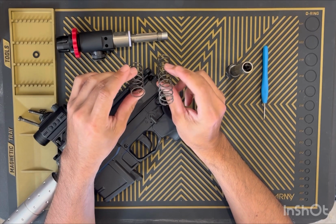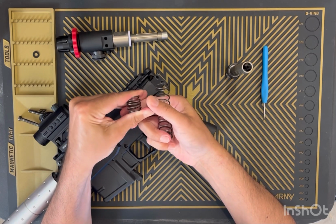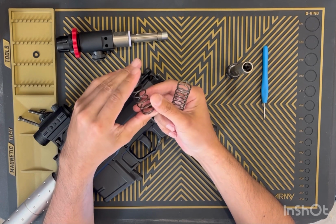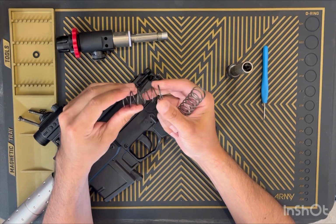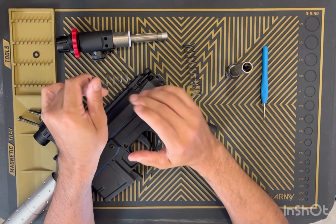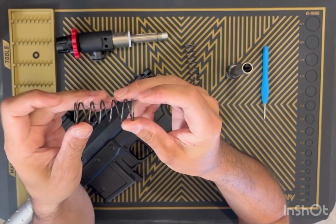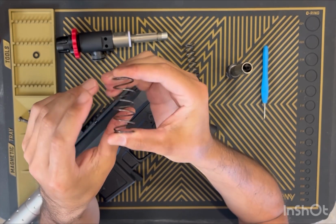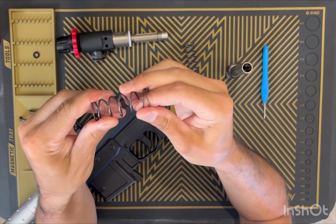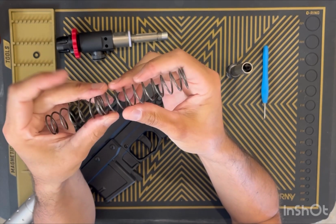Just looking over these springs. So this is an FSC spring, and this is a TIPX spring. And sad to say, even though I've only been running 850 PSI in this marker, this TIPX spring has actually started to deform. That's a bummer. This does work in this combination, but what am I thinking? I'm thinking